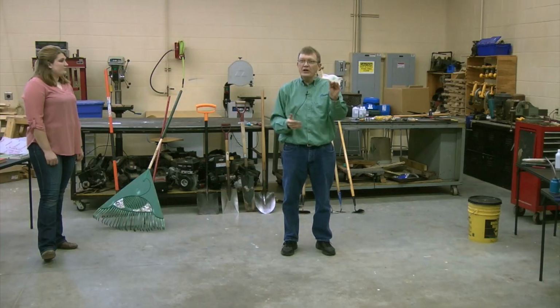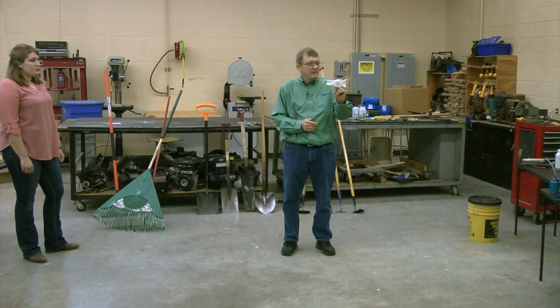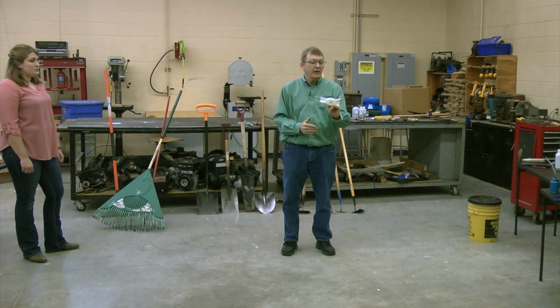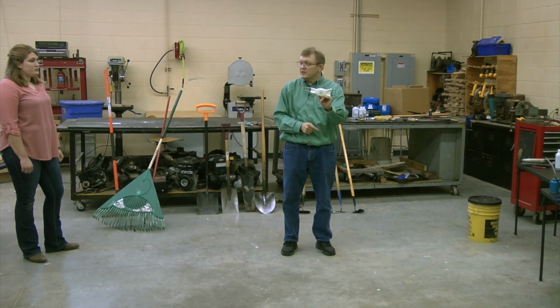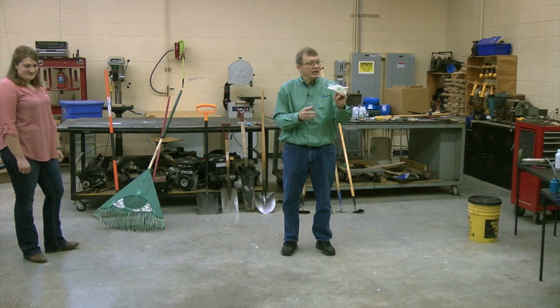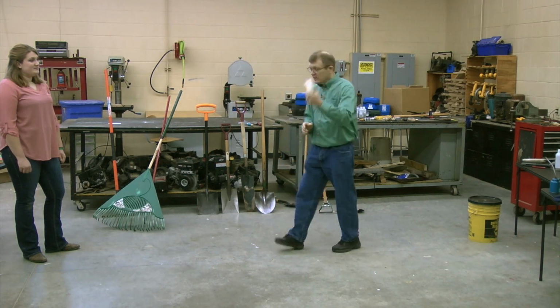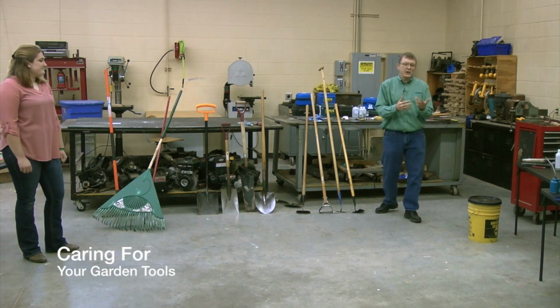Now, to challenge you, if you're into invention, if you realize what this really is, I've never asked, but this is what I think. I think somebody pulled out a coat hanger one day, bent it out of shape, put some duct tape on it, and said, wow, this really works neat. And now they're selling it as a tool. Now maybe you can do that someday. Find some ingenious new tool that can be used for an interesting task. It can be done. So there's lots of great tools out there. So let's move on and talk more about